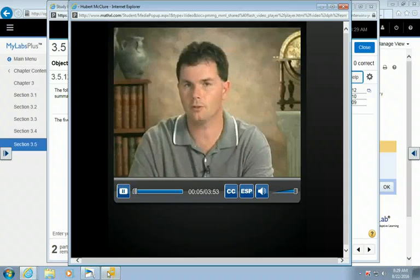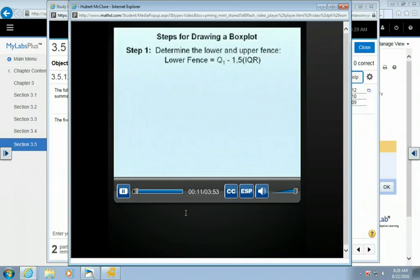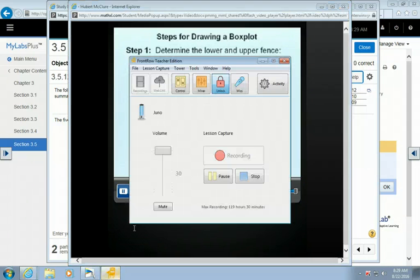And that's the steps that need to be followed to draw a box plot. First, we have to determine the lower and upper fences. That's for you visual learners. The lower fence is Q1 minus... I'm not going to show you the whole thing because this is chapter 3 and we've got to do chapter